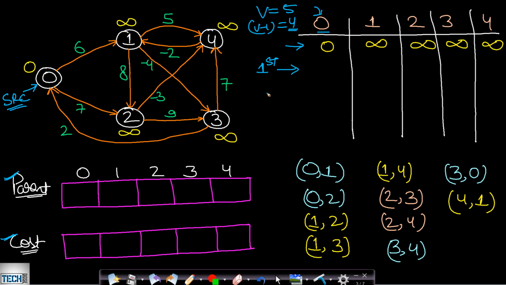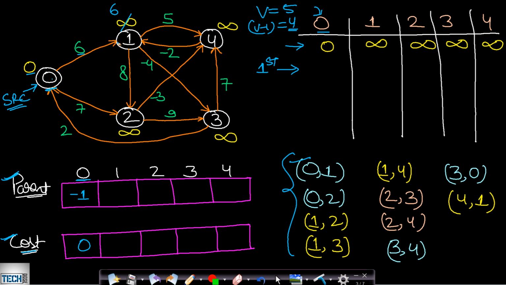So before performing the first relaxation, the parent at the source node will be equal to -1, because the source node will not have any parent node, and the associated cost for this source node will be equal to 0. Now we will be updating all the other values. So we will be starting from this node 0, and we will be relaxing all the outgoing edges from this node first. So we will basically be processing edge-wise. Okay, so first we will relax this 0 1. So from 0 to 1 the edge weight is 1 and the cost at 0 is 0. So the total cost to reach this 1 is 0 plus 6, which will be 6. Now 6 is lower than infinity, so infinity will be replaced with 6.